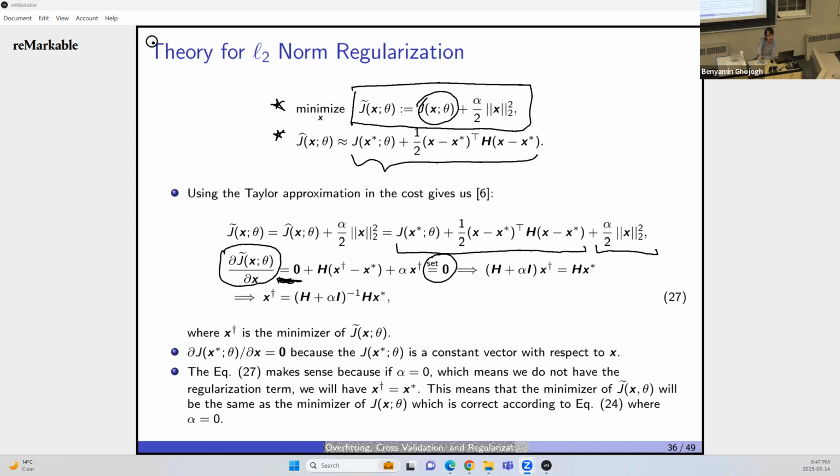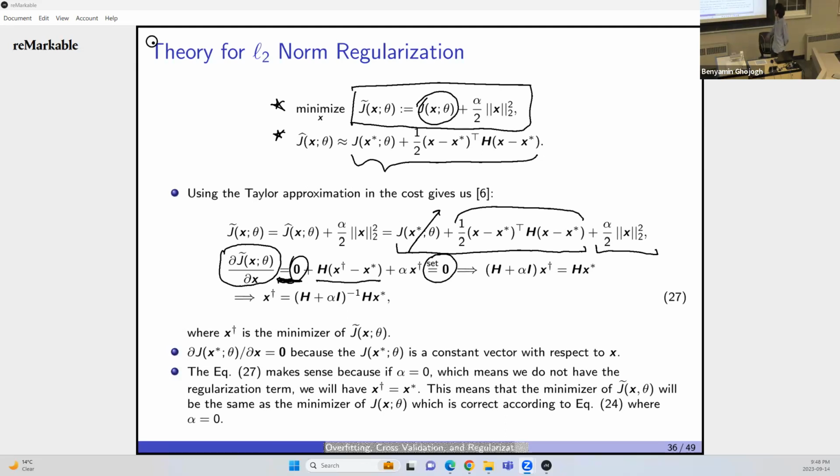I have put x star in the function. It gives me some scalar. It's constant, it goes away. Its derivative is 0. What is the derivative of the quadratic form? It becomes 2H times x minus x star. And that 2 and 1/2 cancel each other. So we'll have H